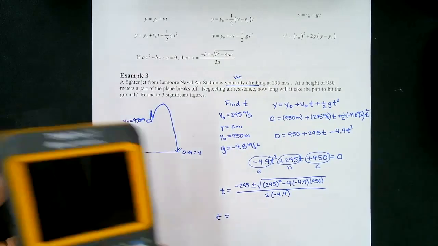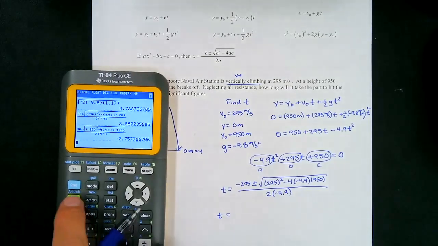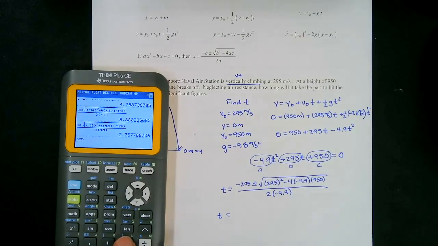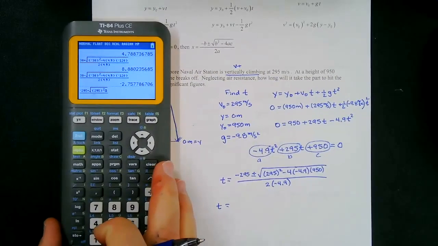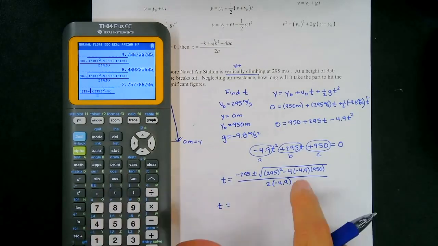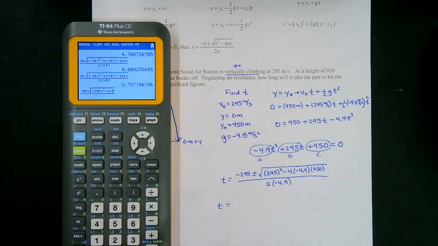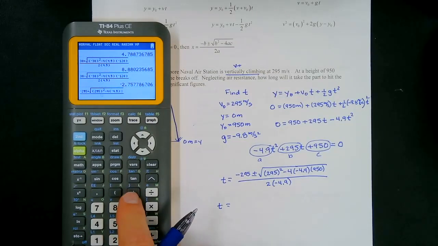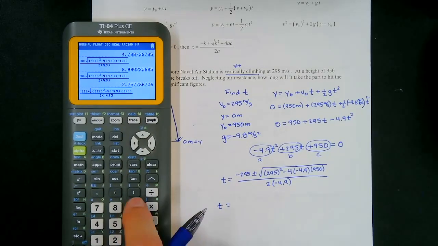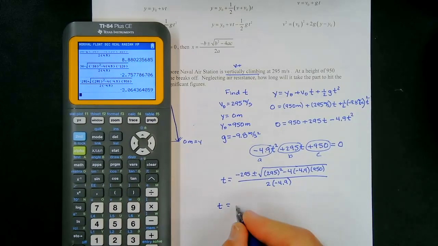So putting this into our calculator, fraction bar, and then negative 295, and then plus the square root, and then parentheses 295 squared. Slide that up a little bit. And then minus 4 times, and the a is negative 4.9. So we don't want to use a minus, we want to use negative 4.9. Close the parenthesis, and then open a parenthesis, and then 950 over, and then 2 times negative 4.9. And again, we don't want to use the minus, we want to use a negative 4.9. Press enter, and for that one, we get negative